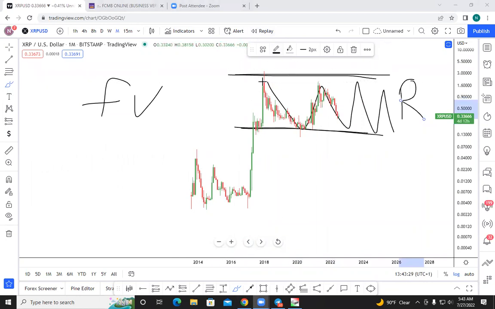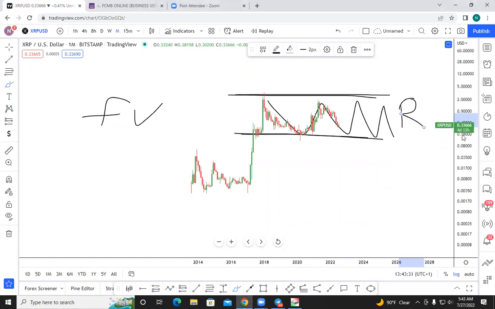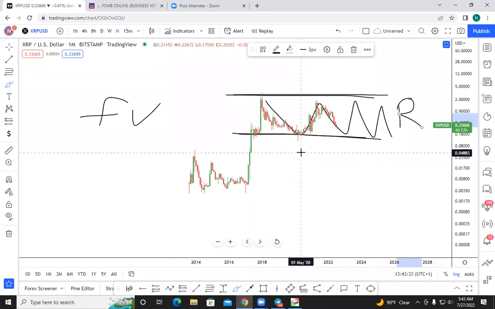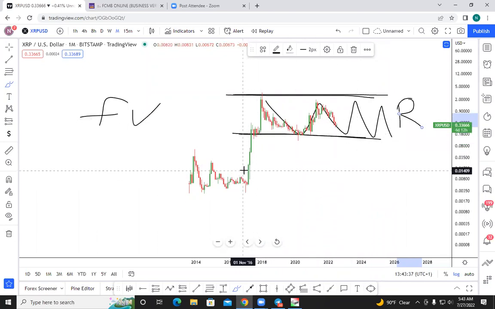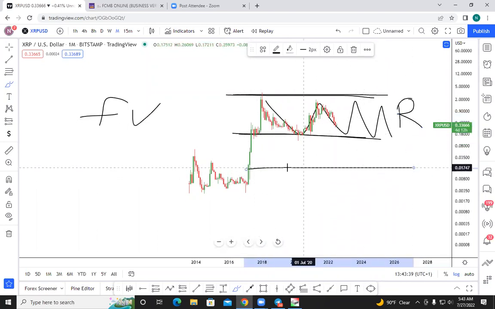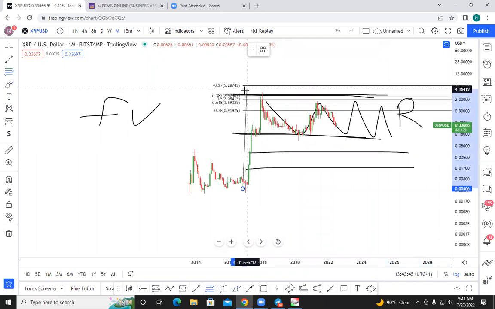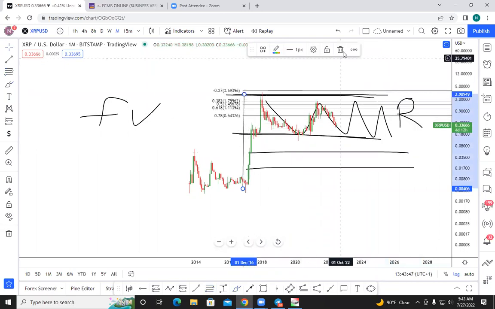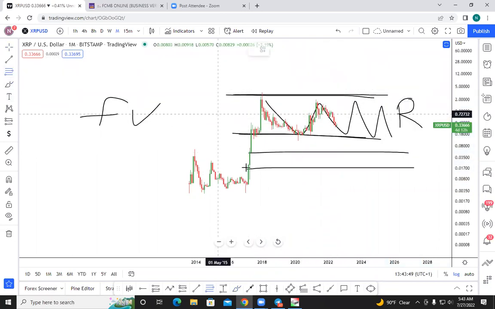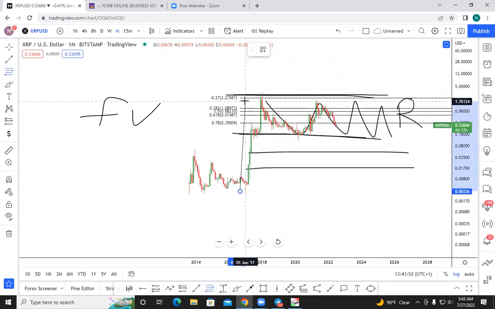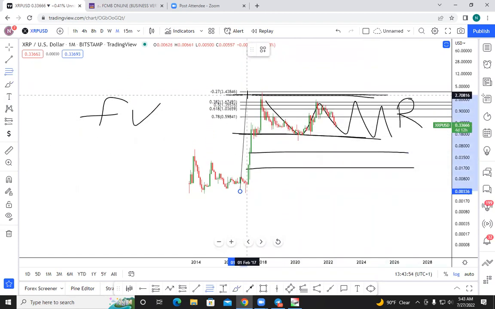So what you have to do is wait for two scenarios to play out. And what is the scenario? This is your buy zone. Can you see? And if you take a fib of this move to the upside,